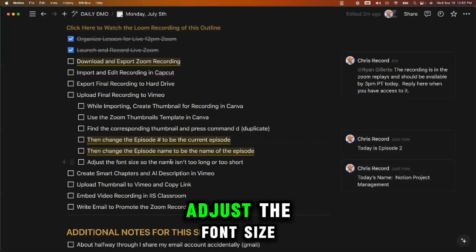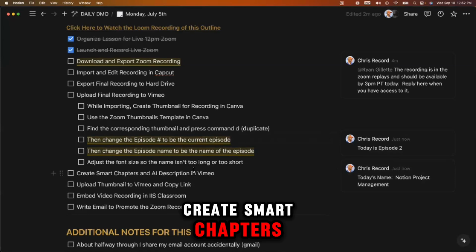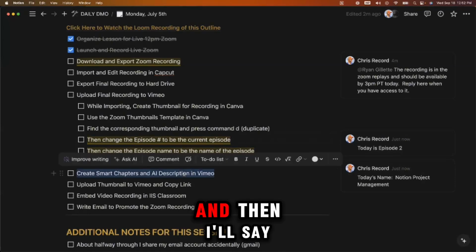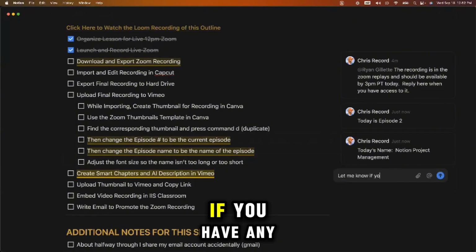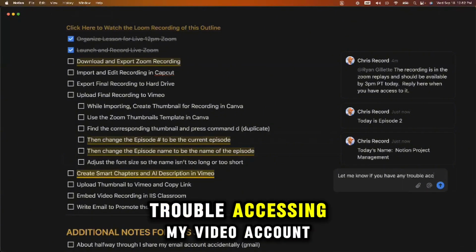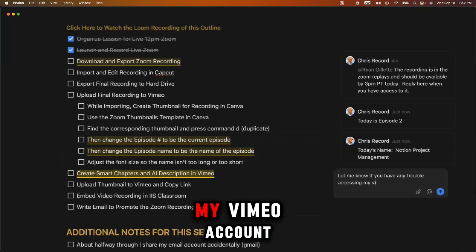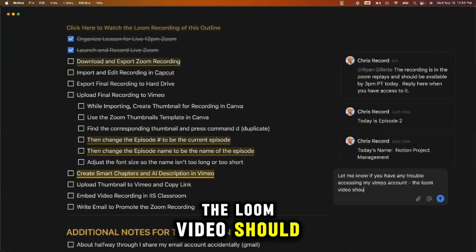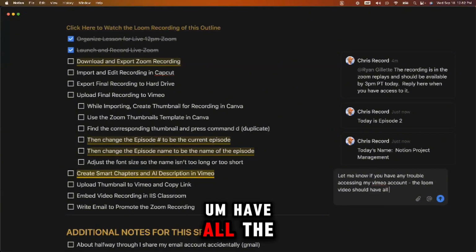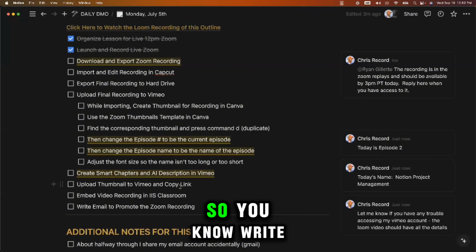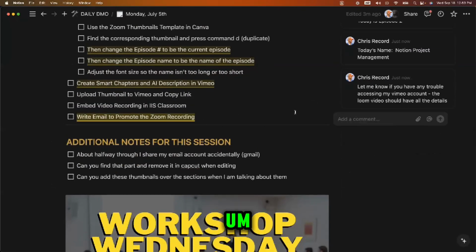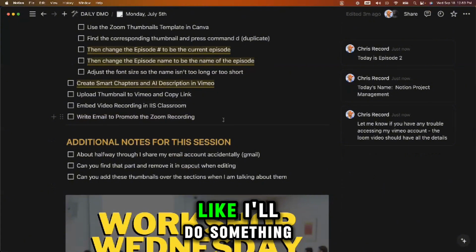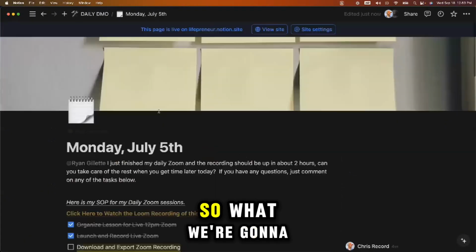I can leave notes along the way: adjust the font size so it isn't too long, create smart chapters and AI description inside of Vimeo. And then I'll click on that and say, let me know if you have any trouble accessing my Vimeo account. The Loom video should have all the details. Okay. So, write email to promote Zoom recording. So I'll say, okay, in this case, I'll do something like this, write email to promote Zoom recording. So what we're going to do is we're going to say,